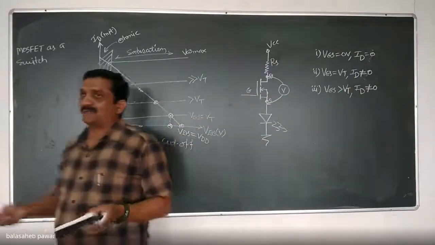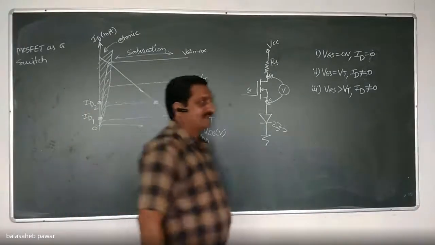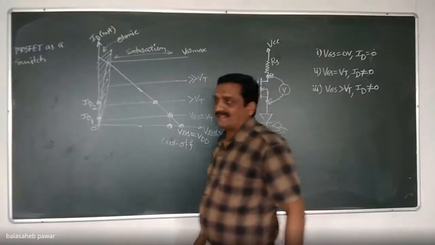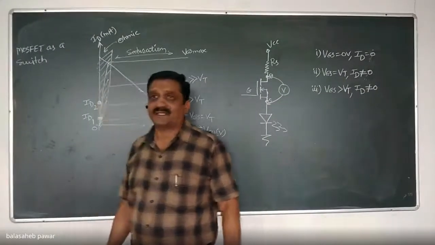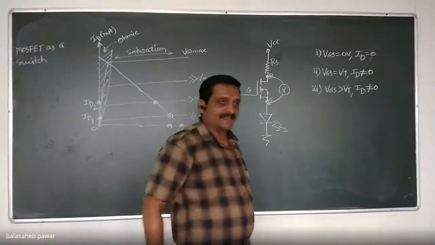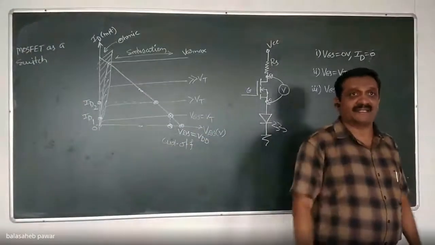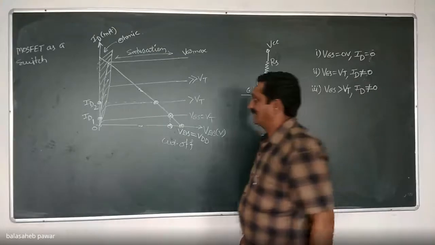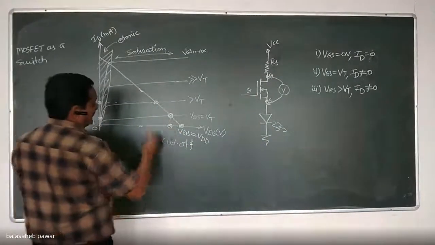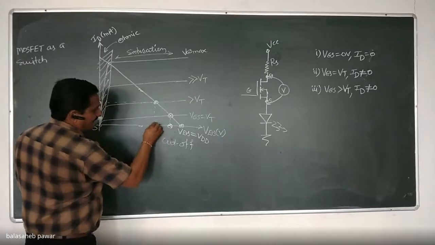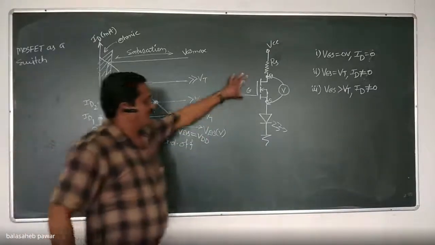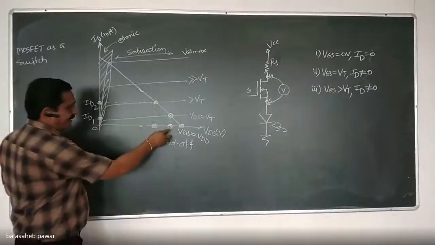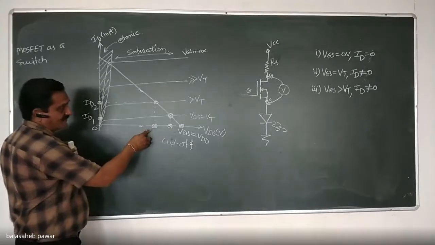That means more and more charge carriers will get accumulated within that channel, and hence the charge density within that channel increases, and hence its current handling capacity also increases, and in another way we can say the resistance between drain and source will get lowered. Do you agree? And whenever that resistance gets lowered, the voltage drop across that MOSFET, that is drain to source, for this third condition, VGS greater than VT, will get reduced as compared to the previous one. Yes or no?